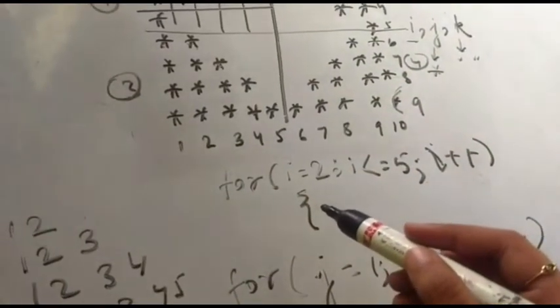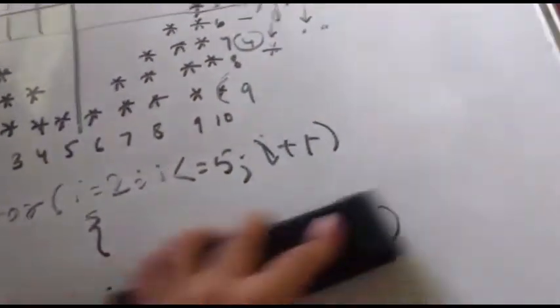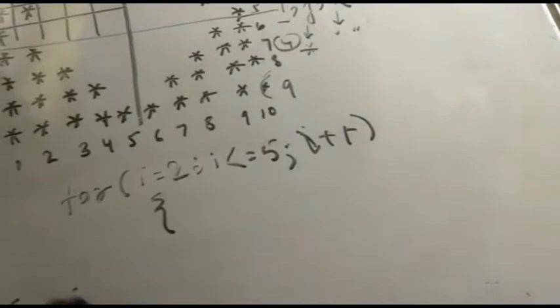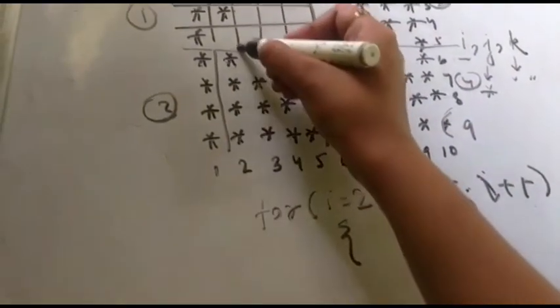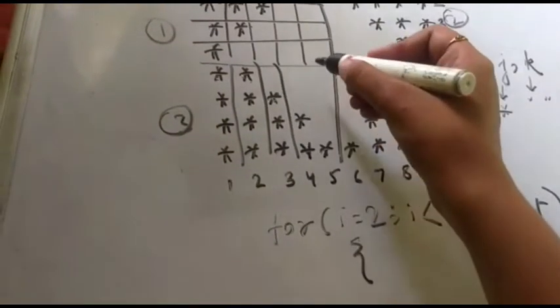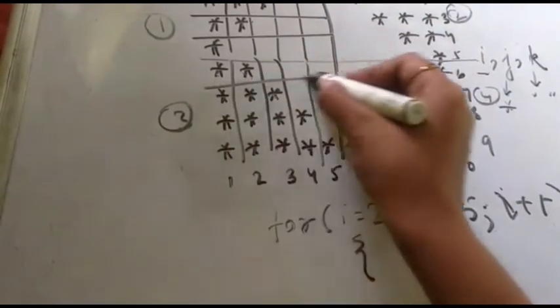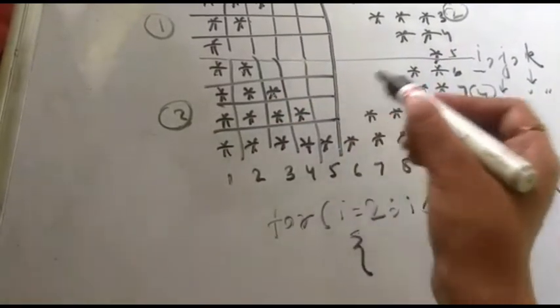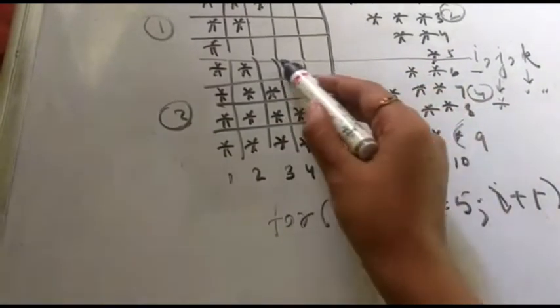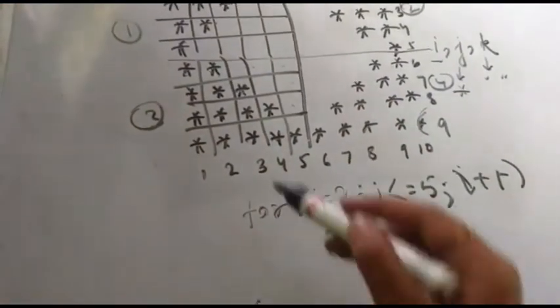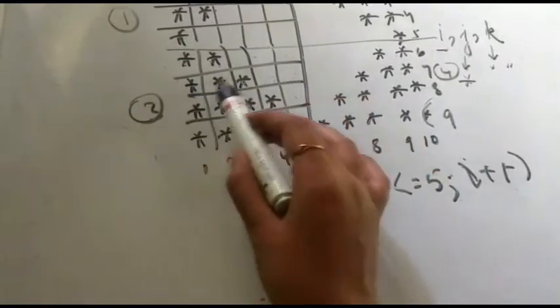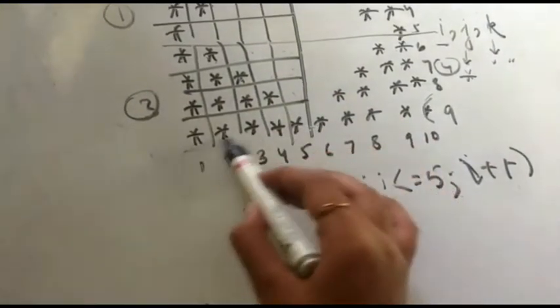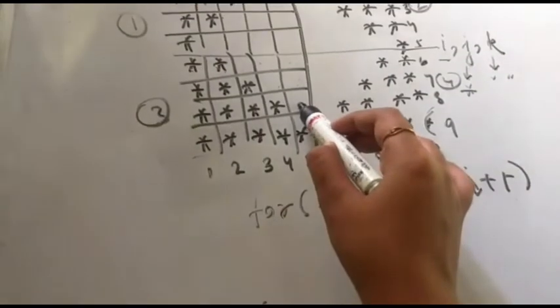So for printing spaces, we'll continue with this I loop, but I'm going to erase the J loop for now, though we have to consider that it is still existent. So again I'm going to make a grid. Now over here we have 1 2 3, 1 2 and 1. We have 3 spaces when I is equal to 2. We have 2 spaces when I is equal to 3. We have none when I is equal to 5, and we have 1 when I is equal to 4.